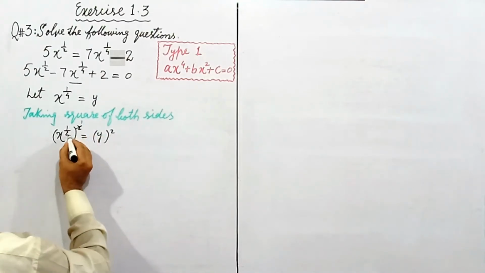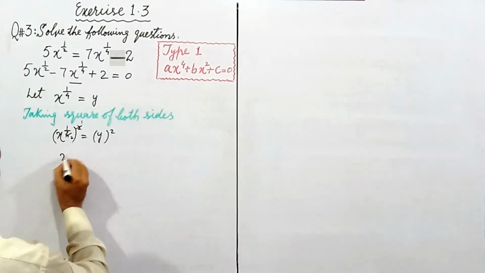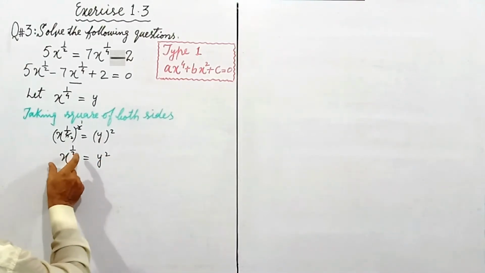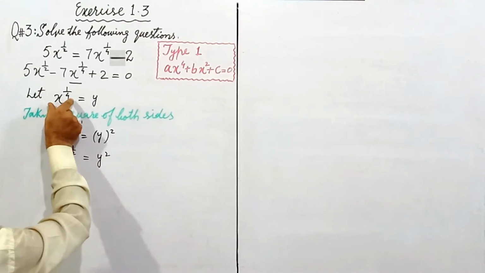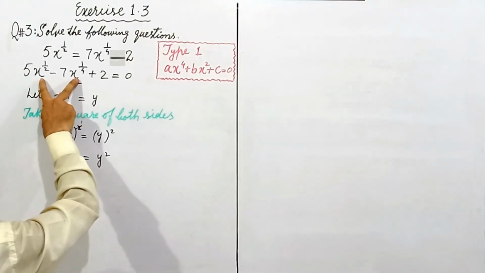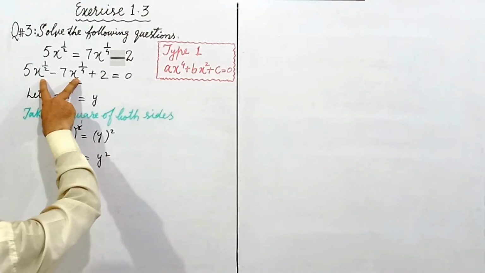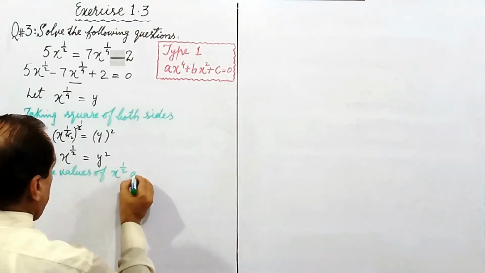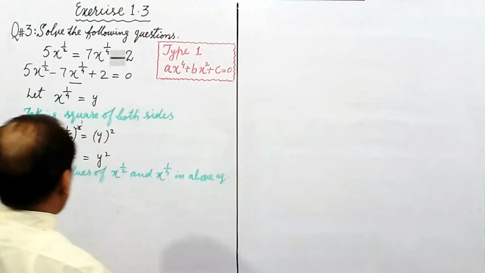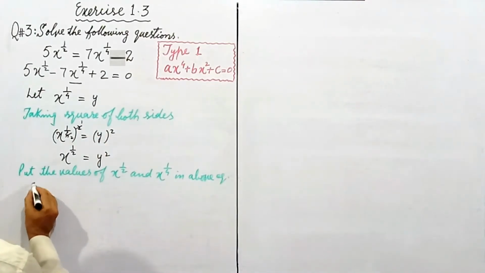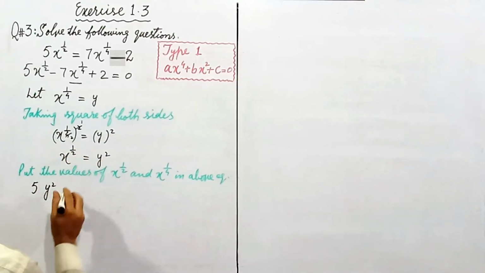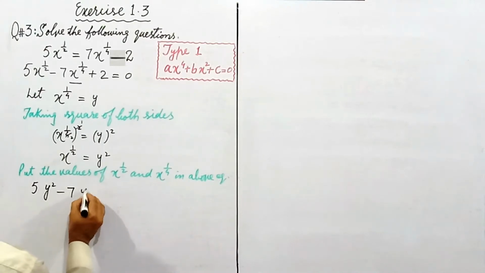2 1s are 2 and 2 2s are 4. We have x raised to the power 1 by 2 is equal to y square. Now we have values of both x raised to the power 1 over 2 and x raised to the power 1 over 4. By replacing in this equation, we have a simple quadratic form of equation. We get 5y square, as x raised to the power 1 over 2 is equal to y square, minus 7y plus 2